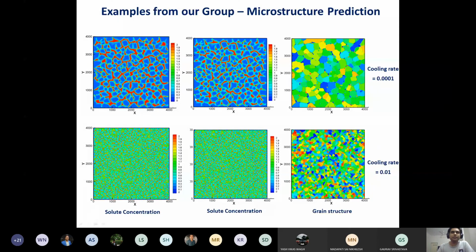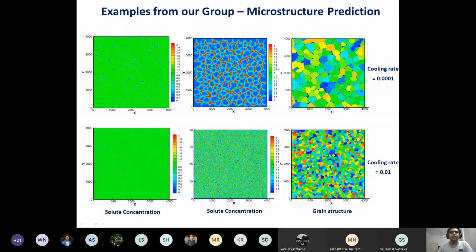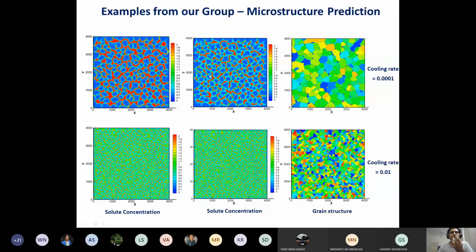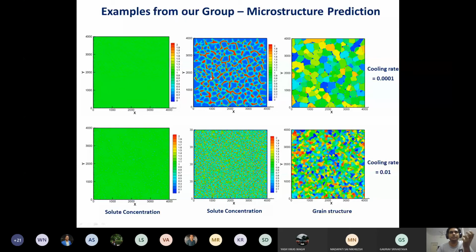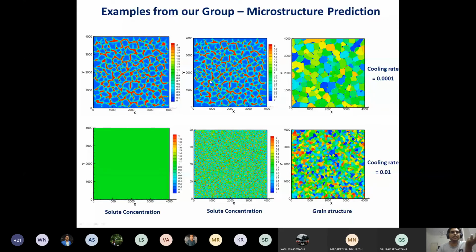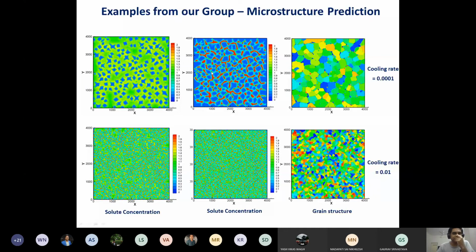As I was saying, microstructure prediction. So how the temperature changes: you have a liquid and it solidifies. If you have studied material science, you know that at the microscopic scale, solidification is not uniform. Ultimately, you have something called grains, and there are grain boundaries. That you must know from materials.